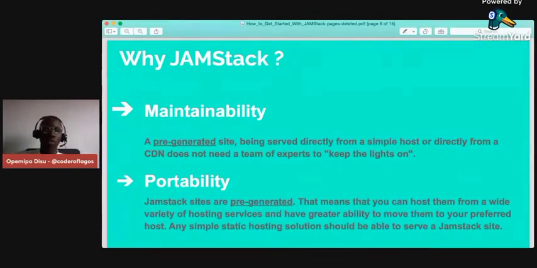Whenever we look at Facebook or these web apps, they maintain them a lot. With Jamstack, we have different tools these days that have really helped in maintaining Jamstack sites.